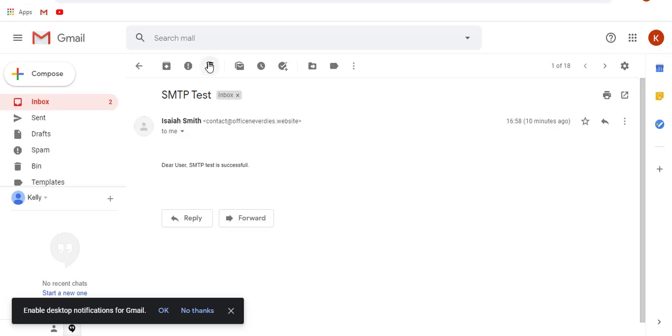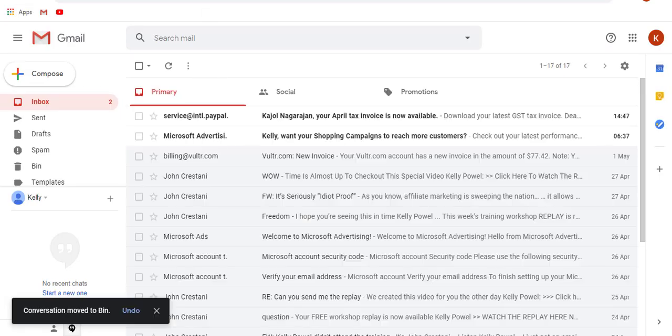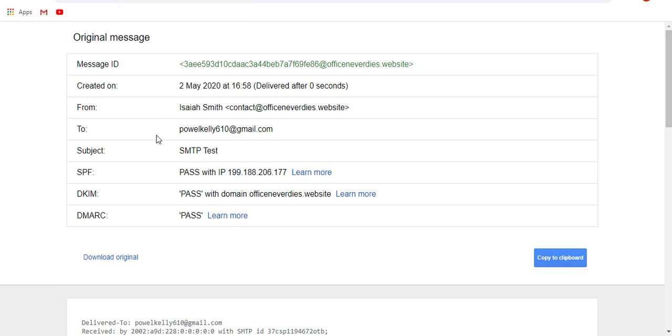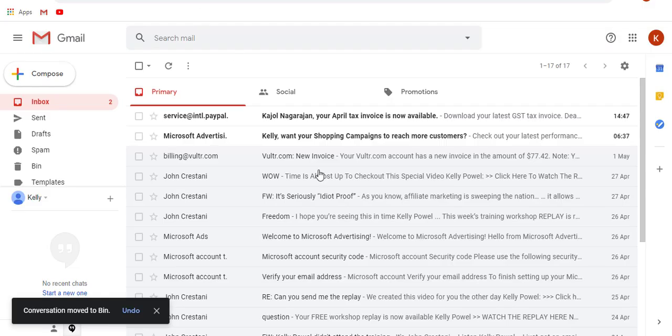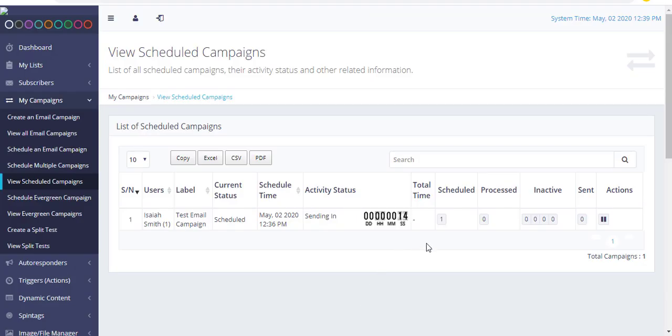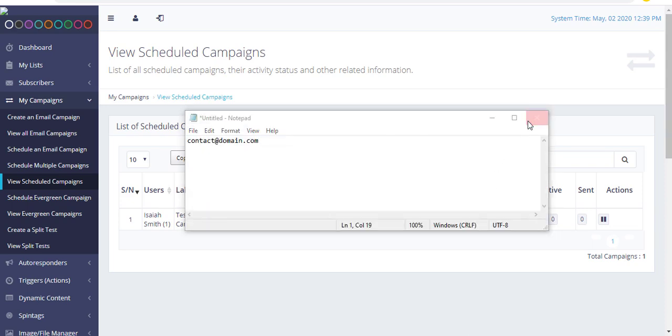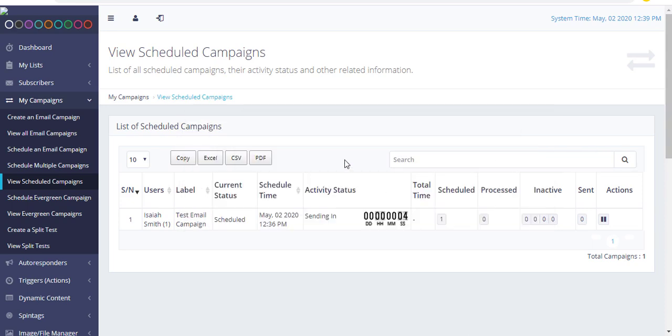So now we can delete this particular email, and we have to just wait for 13 seconds more. Actually, Mumara is capable to handle millions of emails in one list.